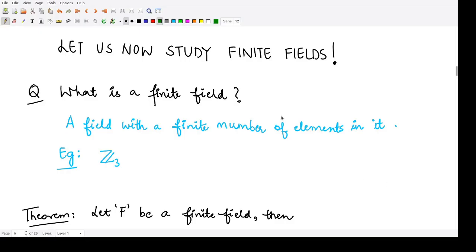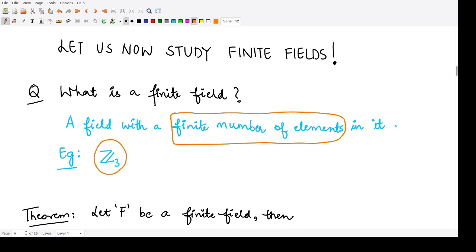Next, let us discuss finite fields. First of all, you should know what a finite field is. We already know a field containing a finite number of elements is called a finite field. For example, this field Z3, integers mod 3. This is a finite field because the elements present here are 0 class, 1 class